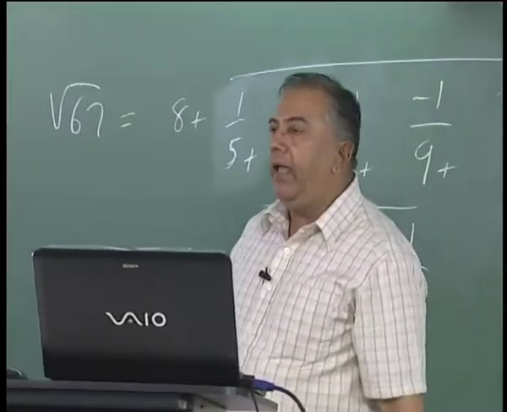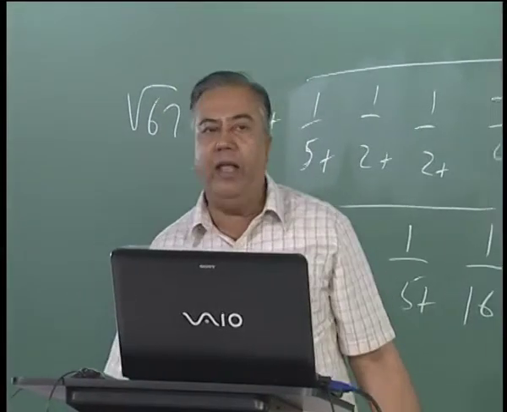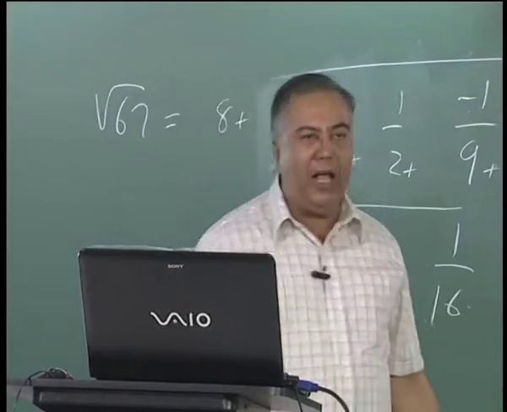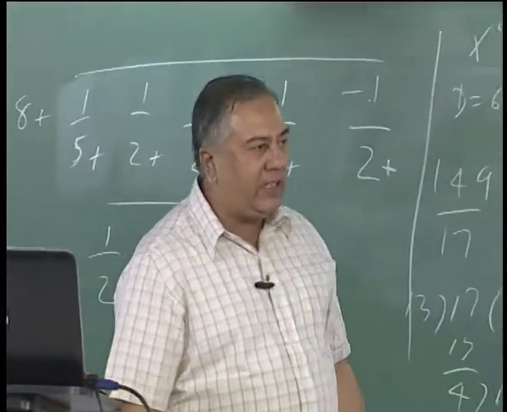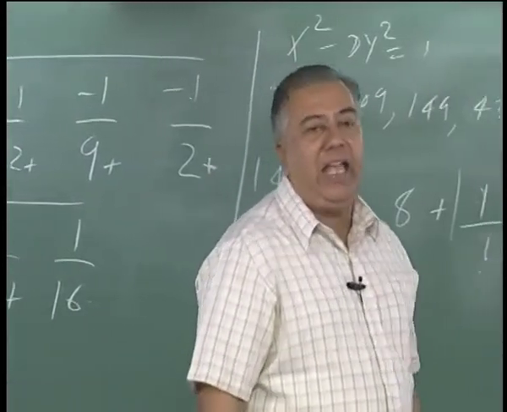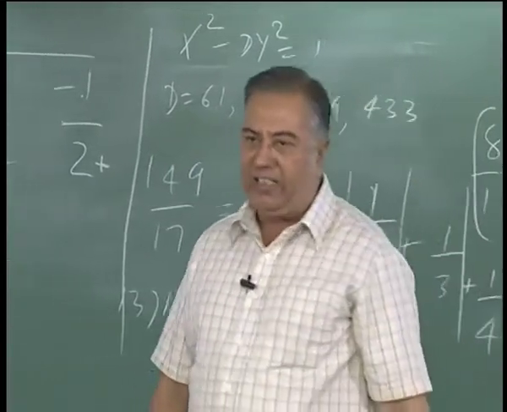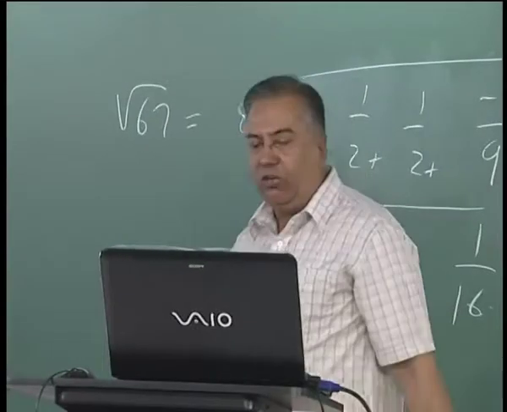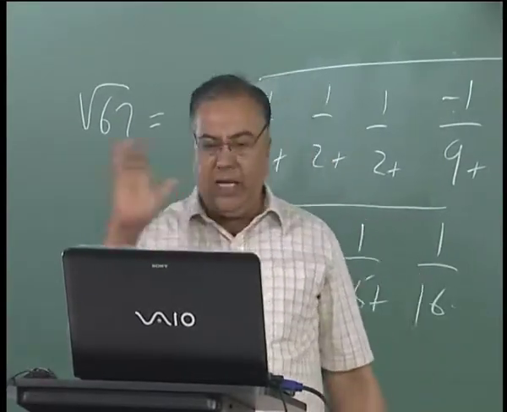He called these continued fractions that come in Chakravala Bhaskara continued fractions. Nowadays they are called the nearest square continued fractions. So they can be called Bhaskara or the nearest square continued fractions, and he gave a general rule that whenever